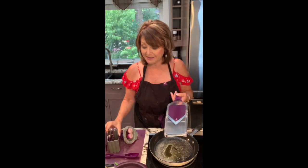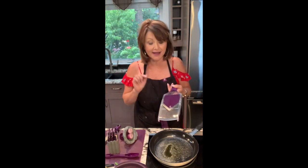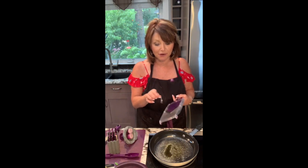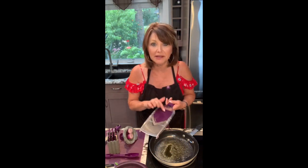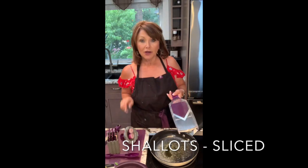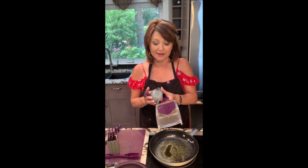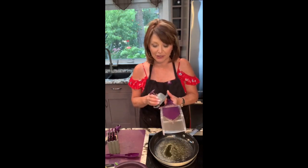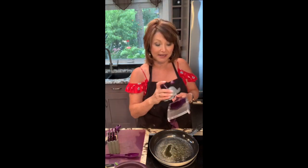This 4-in-1 mandolin actually comes with different blades. The blade I'm going to use today is one of our larger straight ones, and it's got a 3.5 millimeter thickness. Now, when you're slicing shallots, you want to slice them really thin, right? Because you want to fry them up really good. So here's a tip. With our nice sharp metal prongs, you can actually stick a couple of them in here